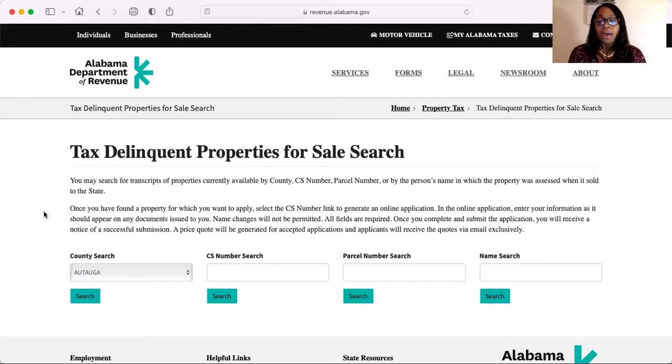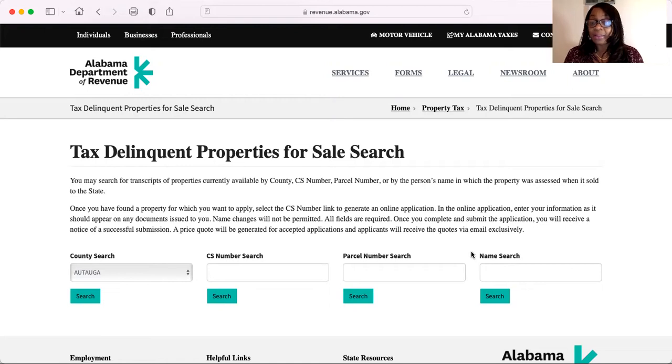Okay, so for example, let's talk about the name search. I have a lot of people say, well, Tisa, I have this house that I've been watching in my neighborhood and it's been empty for a while. Like the person passed away, nobody came to check on it, right? Or people may have just moved out of the house years ago, and it's just been sitting there abandoned. How do I search for it? This is one way you can search for it, especially if you know